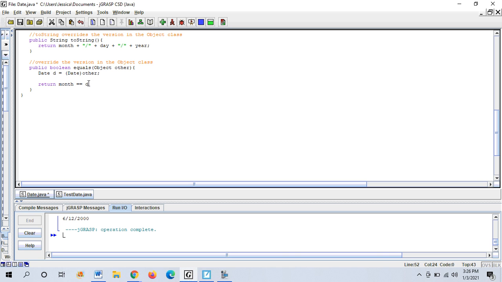Now, because D is a date, and because we are inside the date, I am allowed to say D.month. And again, it comes down to the fact that it's private to the date class. This is part of the date class, so this has access to it. All right, so we can decide if the month that we're comparing against is equal to the other month, and